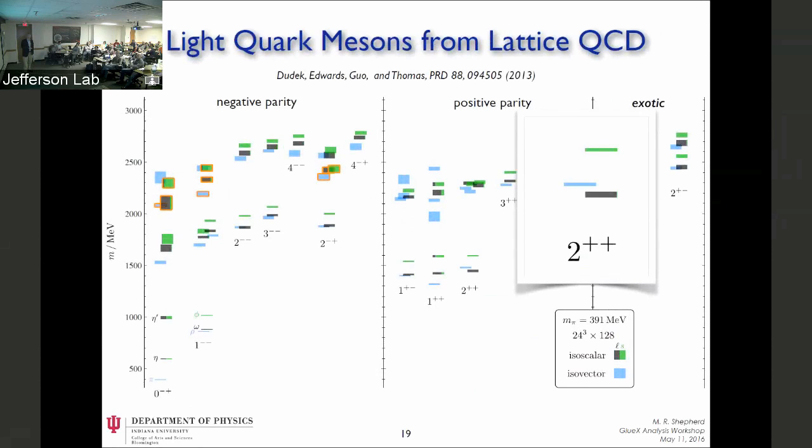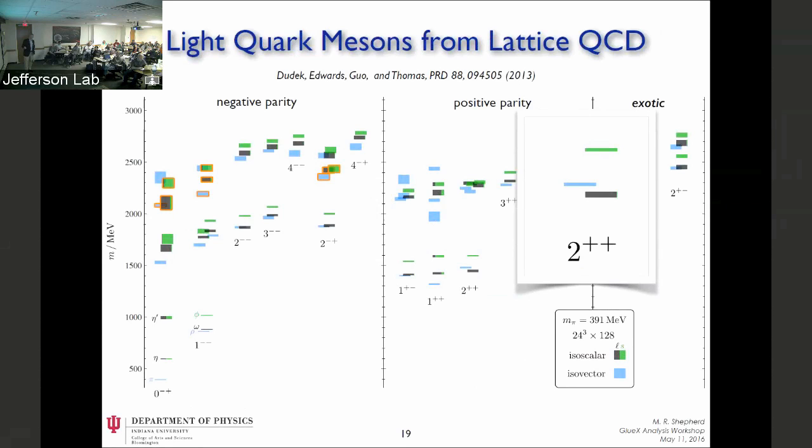Okay, so you can also look at decay properties. So here, going back to the light quark mesons, here's another nice example. If we zoom in on the 2++ column here, this is total angular momentum 2, parity plus, charge conjugation plus, and we see predicted from lattice QCD that there are 2 states here, two isoscalar states. That means that they're isospin 0 states. And one is almost all non-strange, that means it's a black bar here. One is almost all strange. You see in other places there's a mixture of green and black bars.